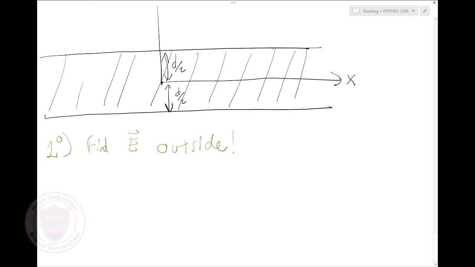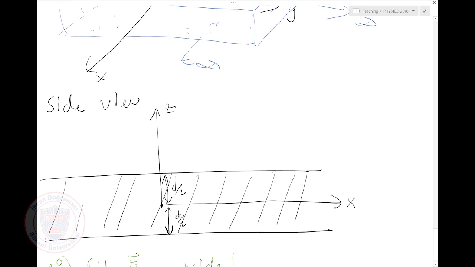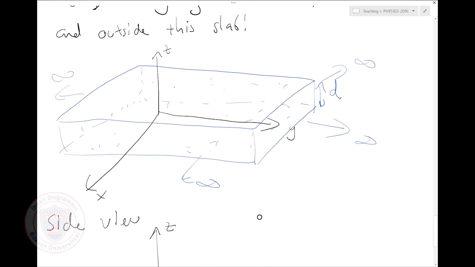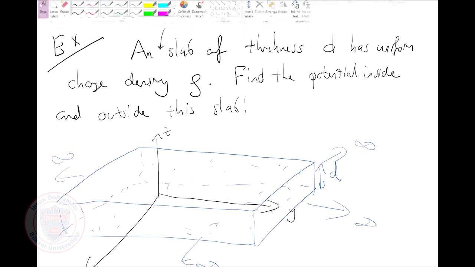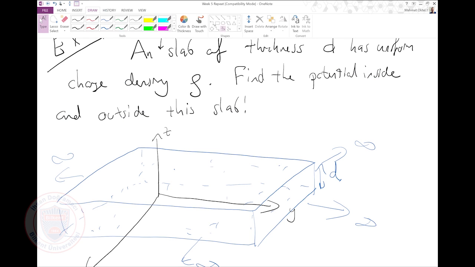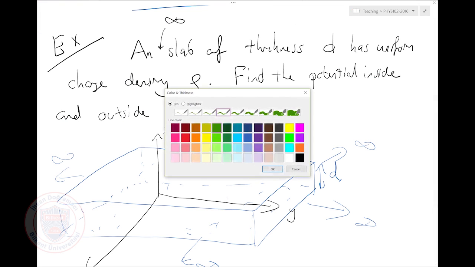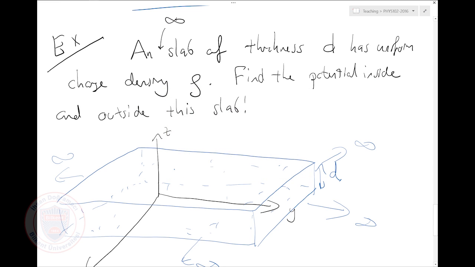So how am I going to do it? Because of this planar symmetry, I'll take a Gauss surface which is a cylinder,